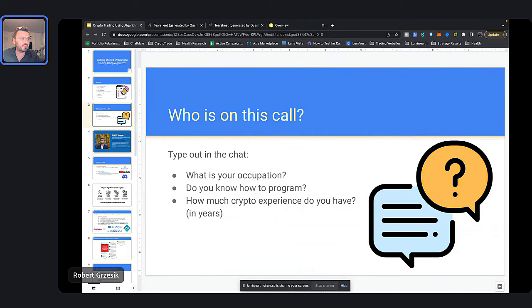Richard says he's in private equity. That's very cool. We actually have a lot of people from the finance industry that join our courses, so it's awesome. I love private equity. I'm a big fan of it. I have quite a few friends that work in private equity. Would love to eventually turn our company into something of a private equity type company in a different kind of way using technology, but very cool. It's awesome. Welcome, Richard.